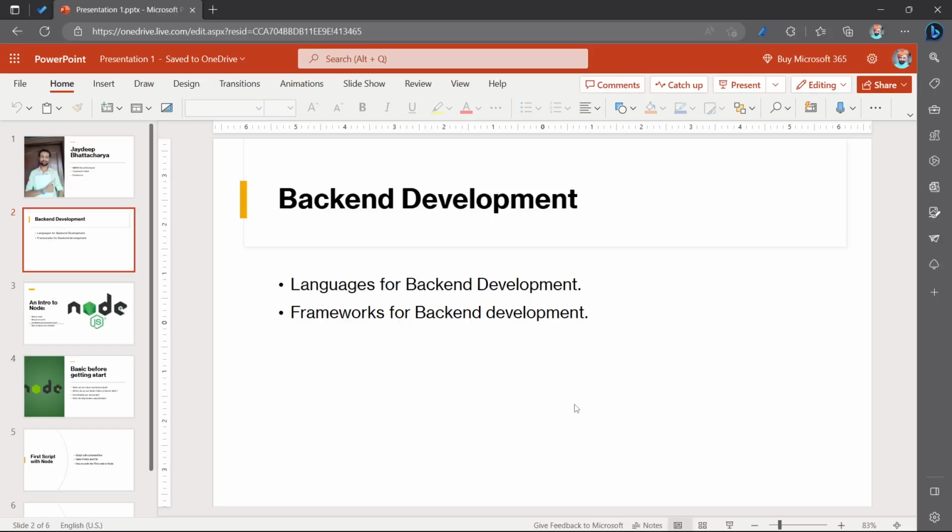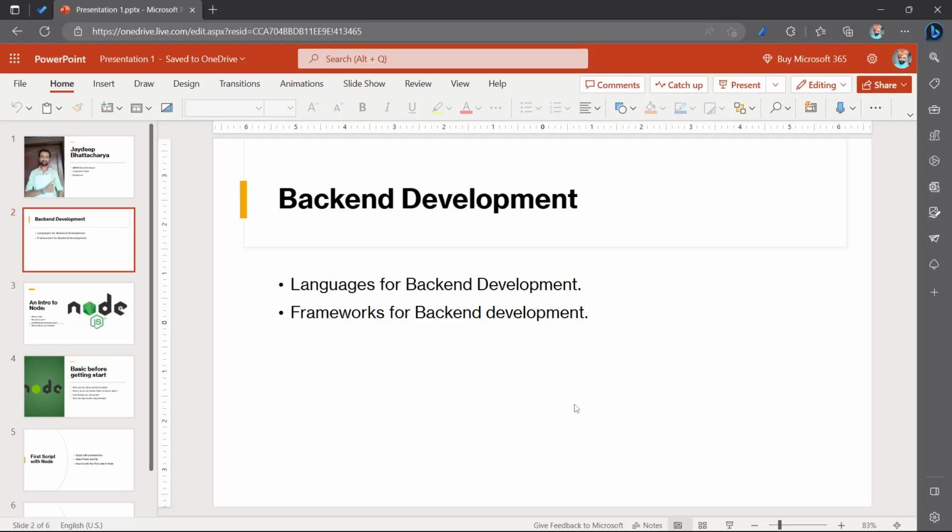So there are so many languages for backend development, but when it comes to front end development, we have primarily three scripting languages: HTML, CSS, and JavaScript. HTML is a markup language, CSS is for designing purposes, and JavaScript is a scripting language.